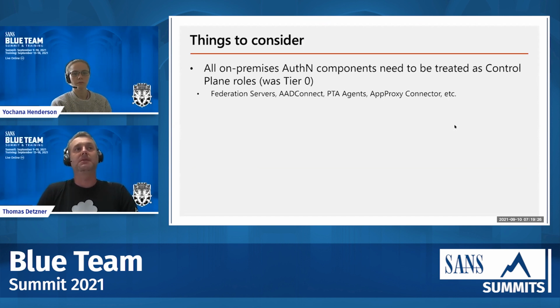Essentially all of the on-premises authentication components need to be treated as control plane roles. In the previous sessions, I heard there was a talk about the credential tiering model. What we previously called tier 0, we now call the control plane. All these hybrid components need to be treated exactly as that. So for a hybrid cloud setup, these are your federation servers, so ADFS or any other federation servers, your AD Connect servers, your PTA agents, app proxy connectors, and other agents that you may have set